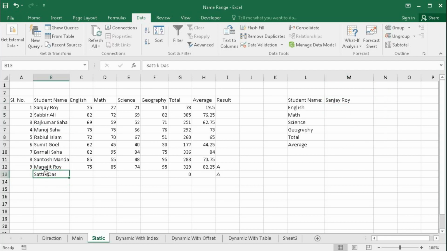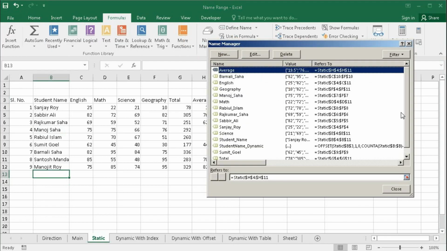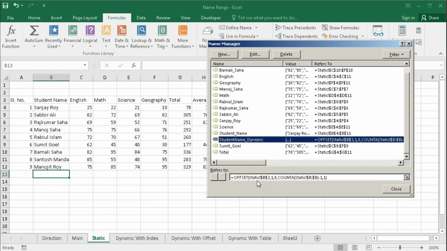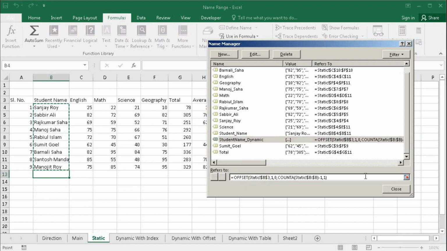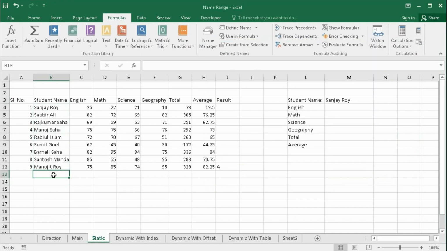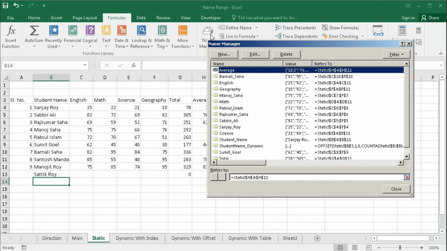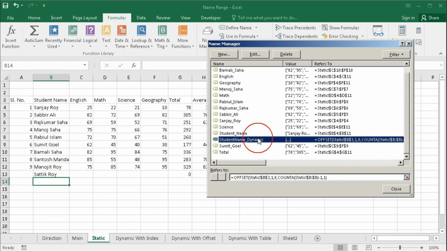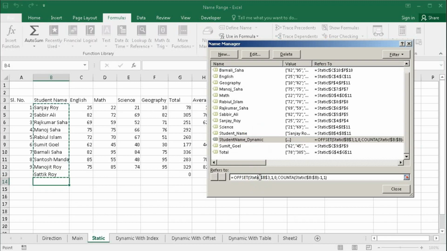Suppose you delete this one, go to Formula, Name Manager, dynamic name range, it is selected up to Monojit Roy. And if you add Satvik Roy, go to Name Manager, student name dynamic, you see here it is selected up to Satvik Roy.